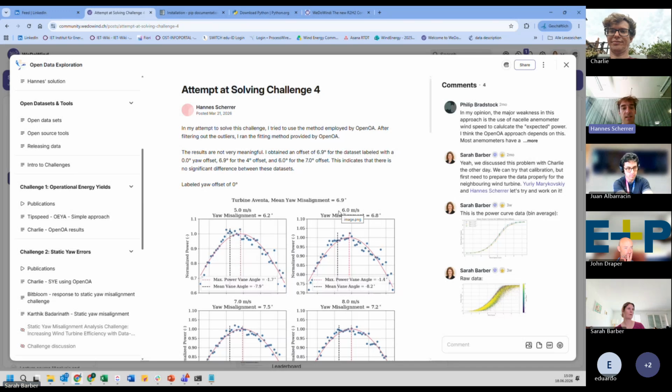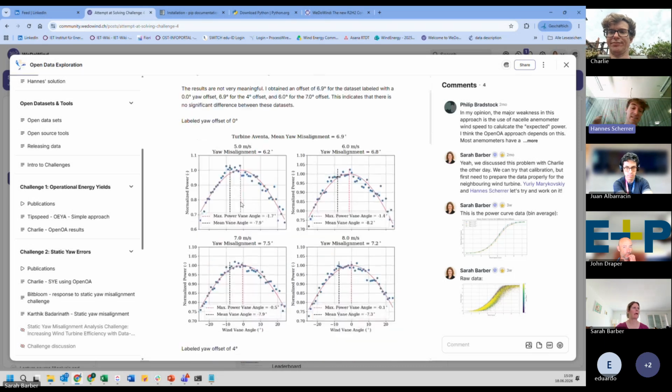Additionally, I tried to solve this challenge with the OpenOA library, but I struggled a bit to get useful results. I couldn't find a meaningful result with this library.